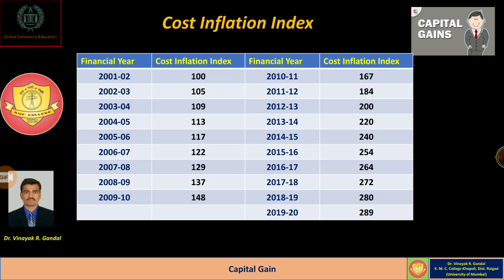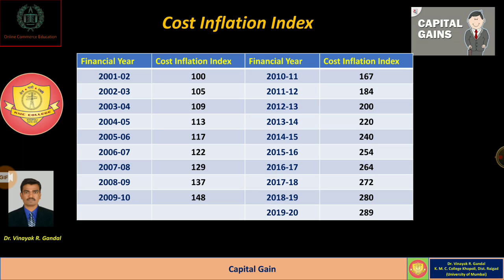So this is the chart which shows the cost inflation index from financial year 2001-02 up to financial year 2019-20. During 2001-02 the cost inflation index was 100, and now for financial year 2019-20 the cost inflation index is 289, and it was 280 for the year